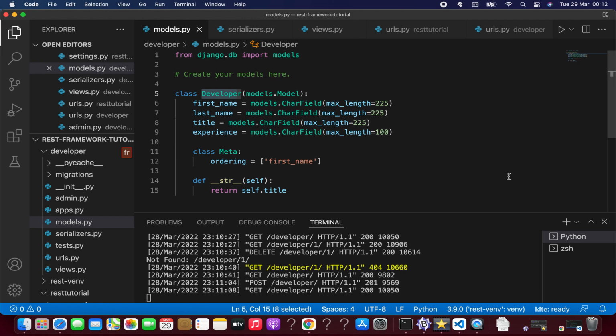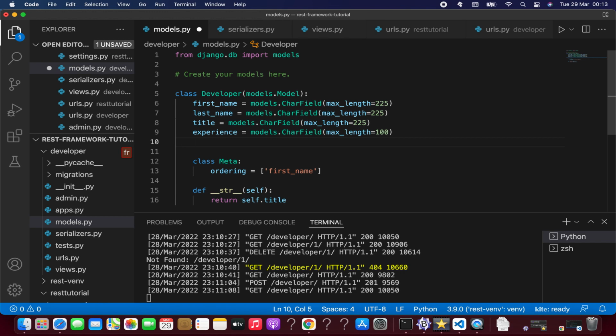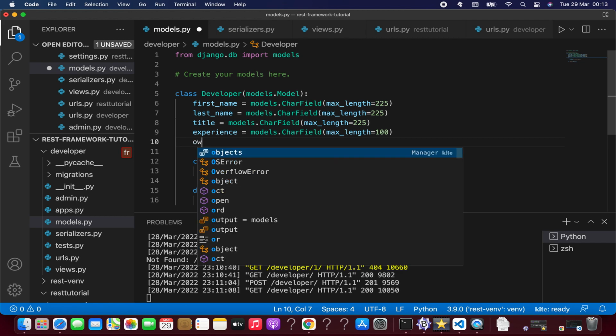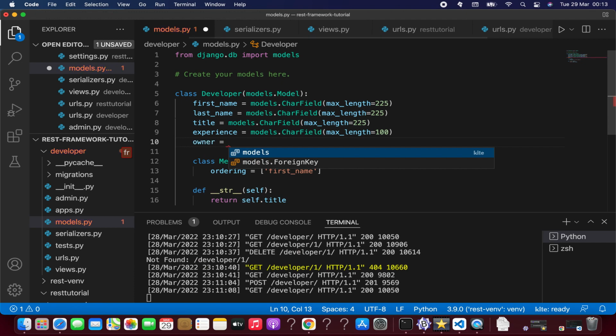So I'll do, excuse me, we'll just add one more field. Excuse me, what time is it now? It's 12:15 midnight. Okay, just create one more field, owner equal to